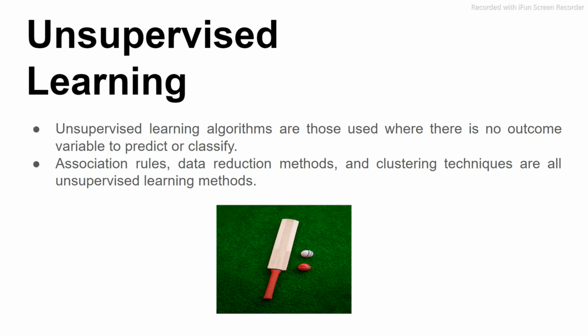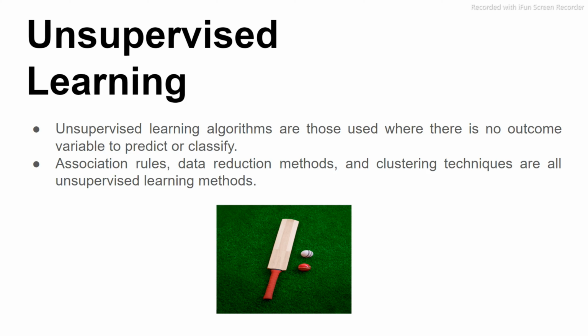What is unlabeled data? A data set with unknown output values for all the input values is called an unlabeled data set. Let's take an example. We do not tell the machine whether it is a ball or a bat. The machine identifies patterns from the given set and groups them based on their patterns, similarities, etc.